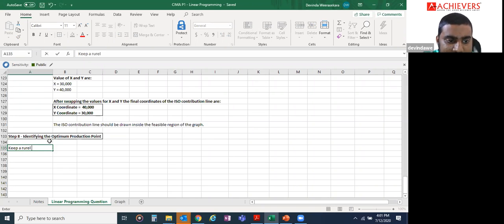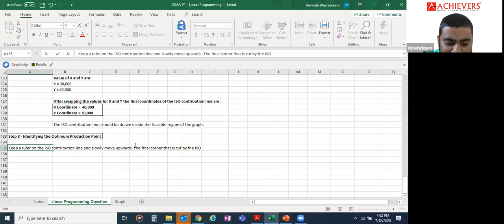Keep a ruler on the iso-contribution line and move upwards, slowly. The final corner that is cut by the iso-contribution line or the ruler,